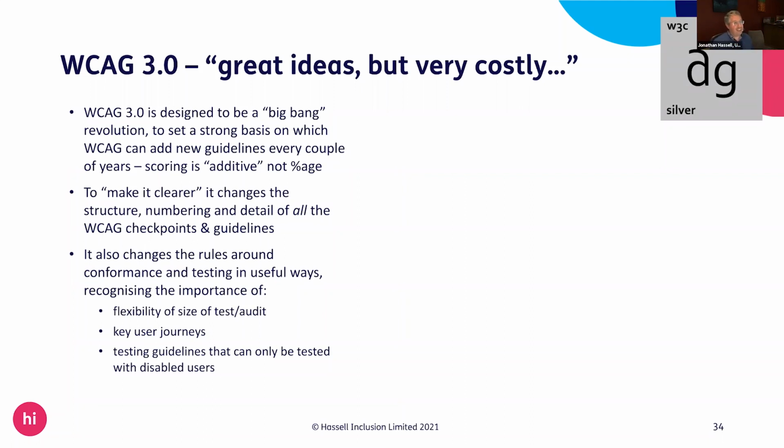The good thing is that unlike 2.0 and the rest of them, the scoring in this is additive, not percentage. So what do I mean by that? Well, if you can imagine things at the moment, the worst thing about WCAG is that you need to get all of AA perfectly done. So all of the single A and the double A in WCAG 2.0 or 2.1 to be compliant. If you like, it's a standard that's based on perfection. Then they kind of went, oh, actually, that doesn't work. So you can be partially compliant. So if you like, you can be like 80% of the way to this thing.